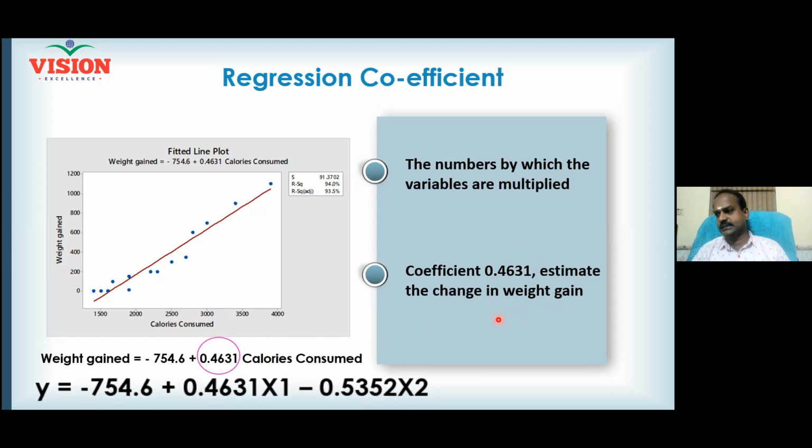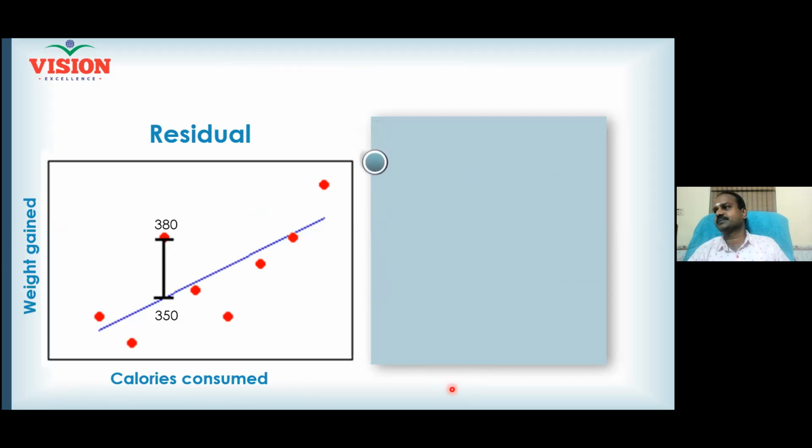And the first equation is simple linear regression. The second equation is called multiple linear regression. Why do I call this multiple linear regression? Because there are multiple factors involved in the equation, right? When there is only one single variable involved, it is called simple linear regression. When there are multiple factors involved, it is called multiple linear regression.